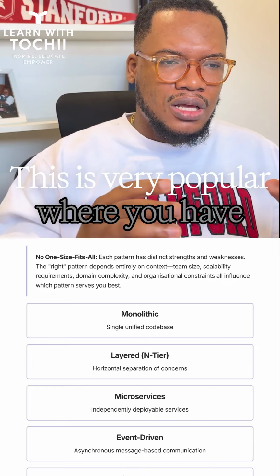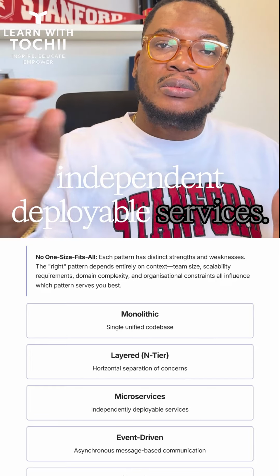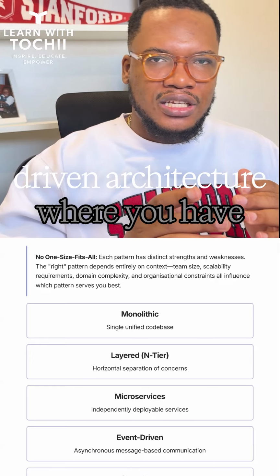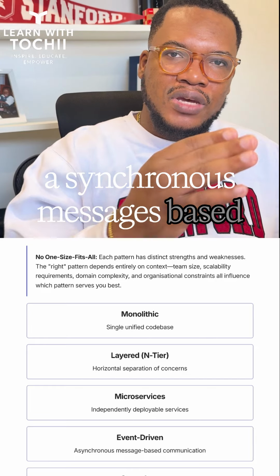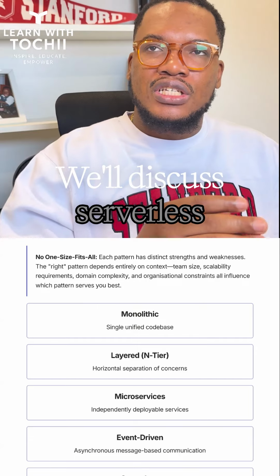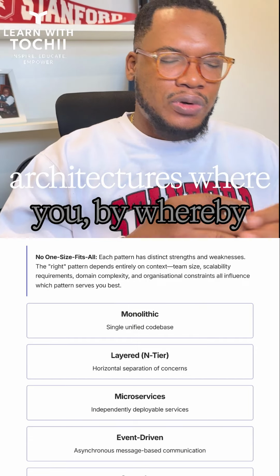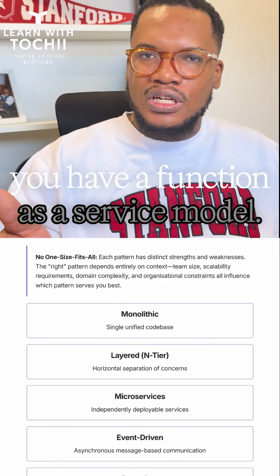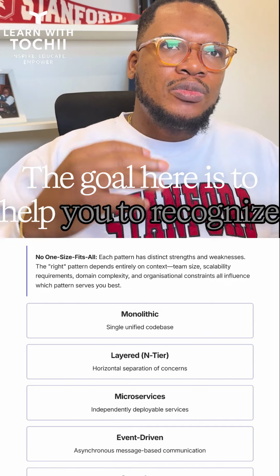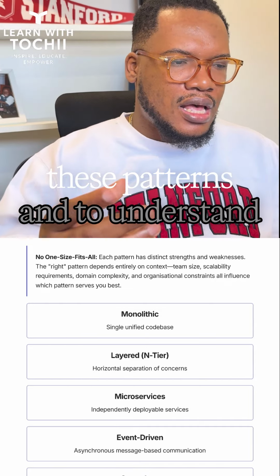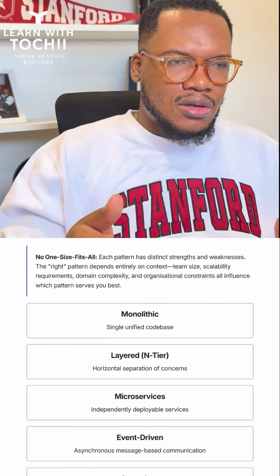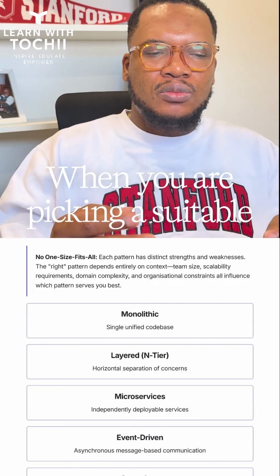This is very popular where you have independent deployable services. And number four, we have your event driven architecture where you have asynchronous message-based communication. And finally, we'll discuss serverless architectures whereby you have a function as a service model. The goal here is to help you to recognize these patterns and to understand when to apply each of these patterns. When you're picking a suitable architecture,